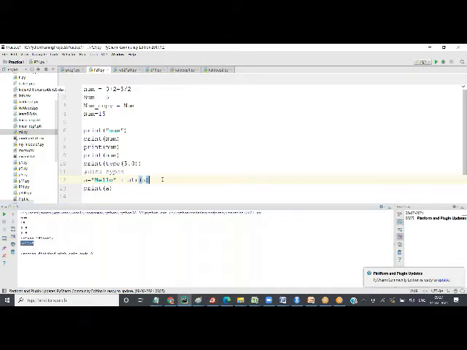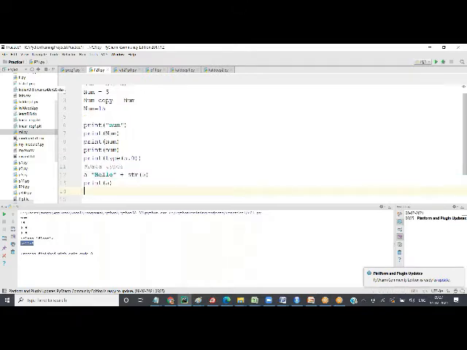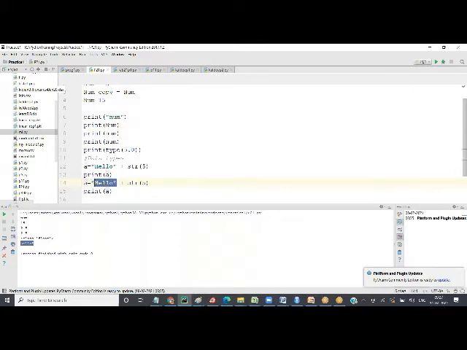Now, this is about the first case. What I'm going to do now is say a equal to 3 plus 4.0.